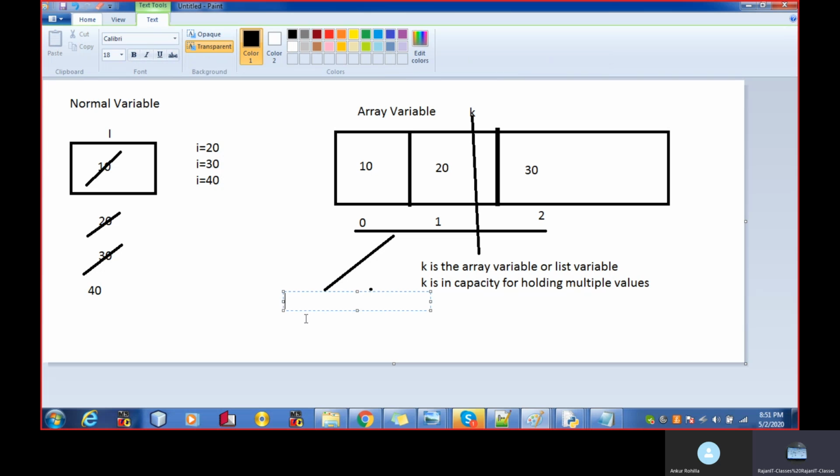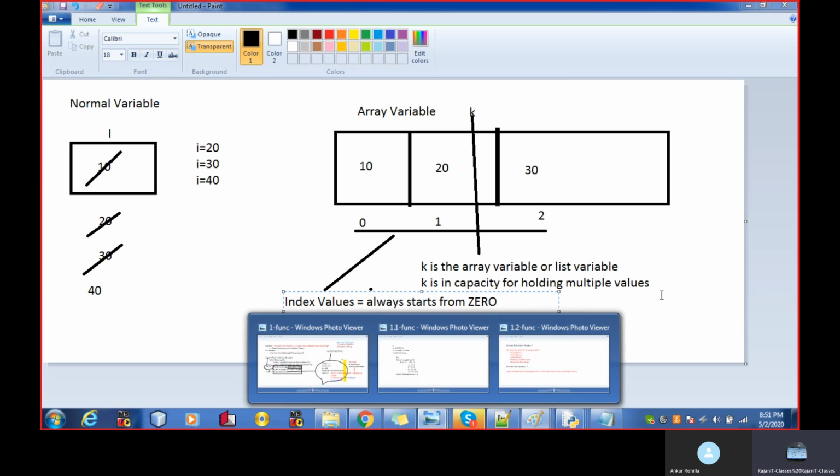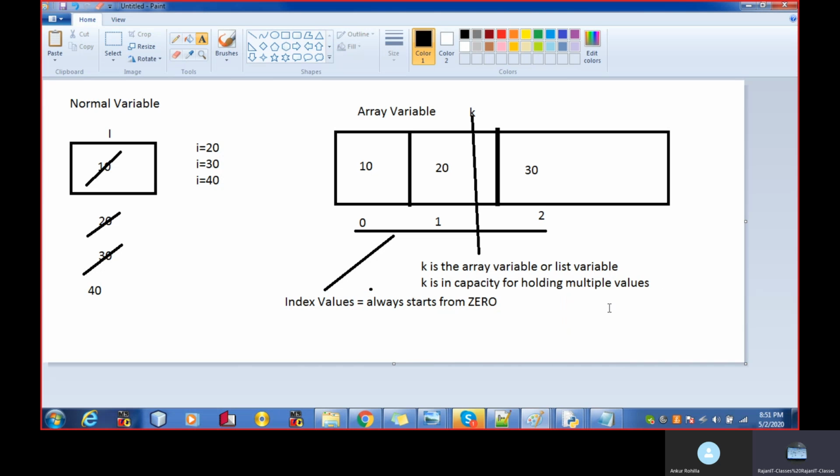These are known as the index values, and index values always start from 0. Any doubt so far? So this is the difference between the normal variable and the array variable.